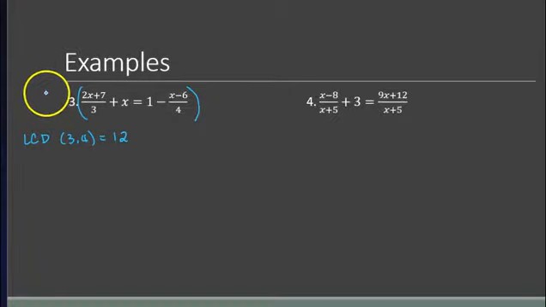So I'm going to multiply 12 to both sides of the equation. Don't forget that you have to distribute, okay? Because sometimes people just multiply it on the first term and they are done, because what they are trying to think right away is, I have to cancel. I want to get rid of this denominator.